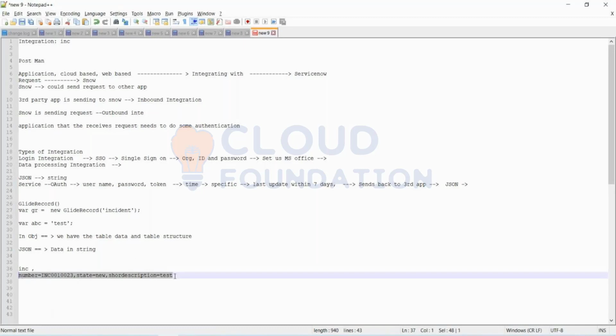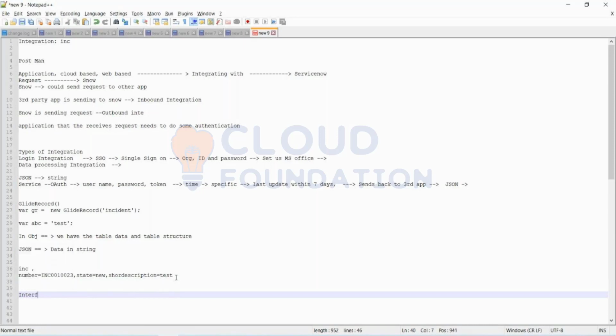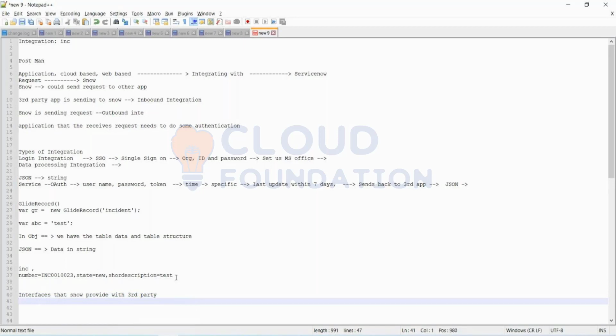Now, ServiceNow provides interfaces for integration with third party apps. The first interface is email.